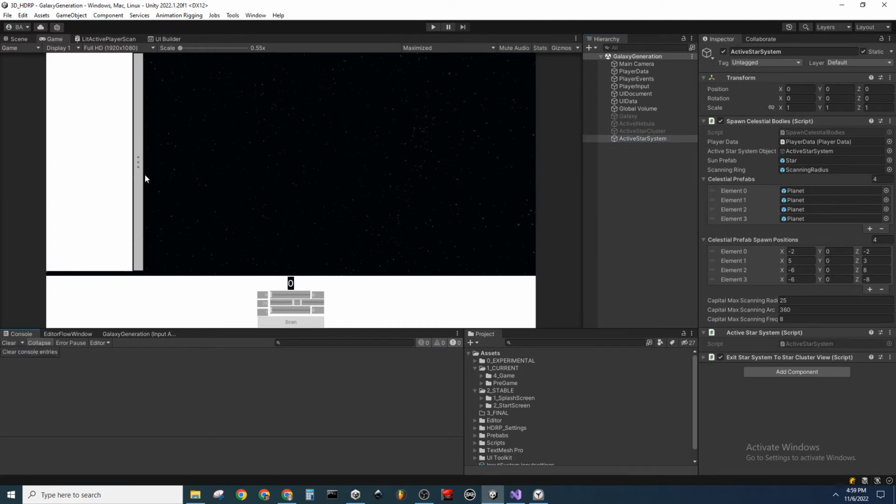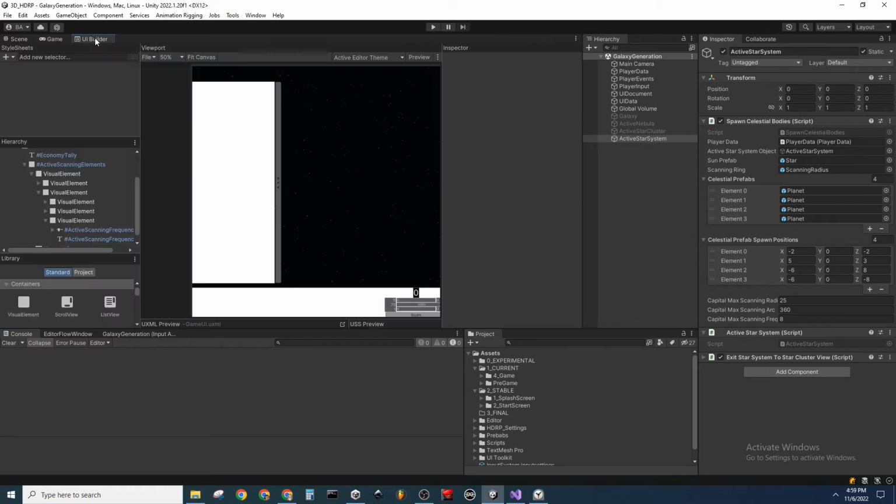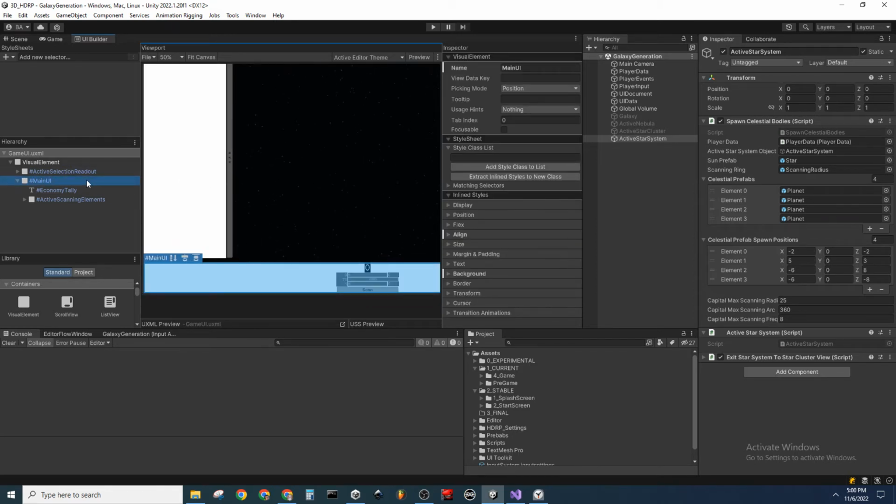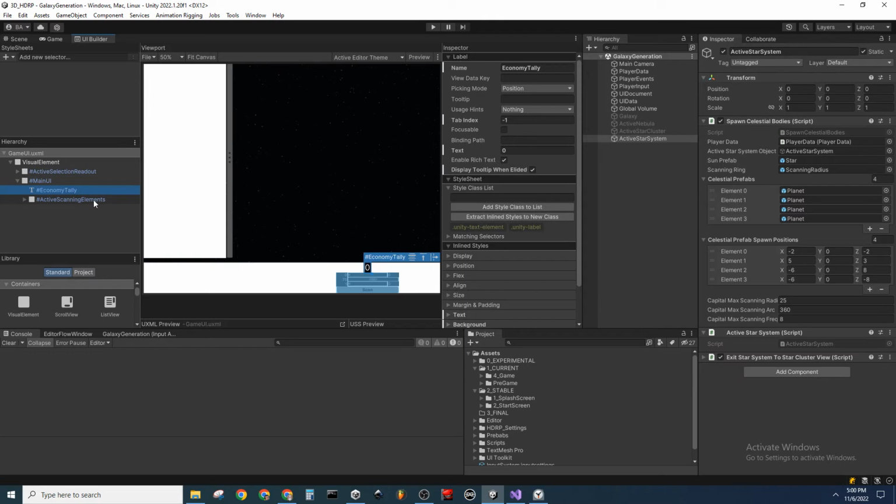We are going to more or less add a readout for planet capacities, basically. It's with the main UI, and it's up down. And then after that, there's the economy window, the active scanning elements,